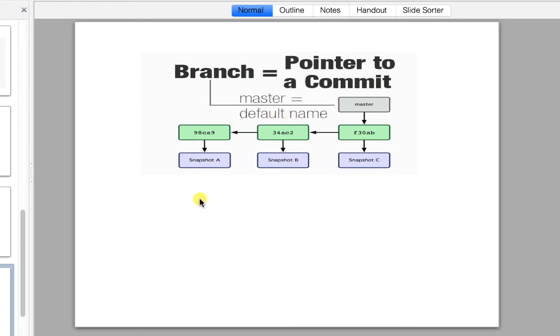For the example here, by default there will be a pointer known as master, which will be created for you automatically whenever you clone a repository or you create a repository. There will be a default branch. Okay, a default pointer to a commit which will be master.